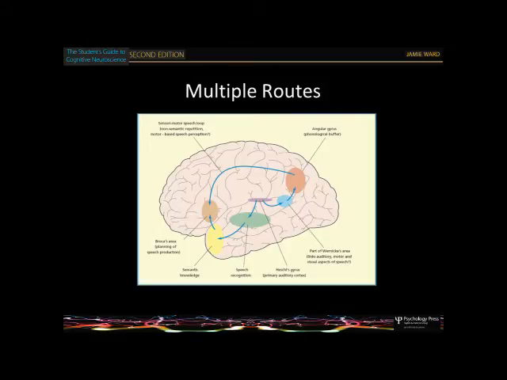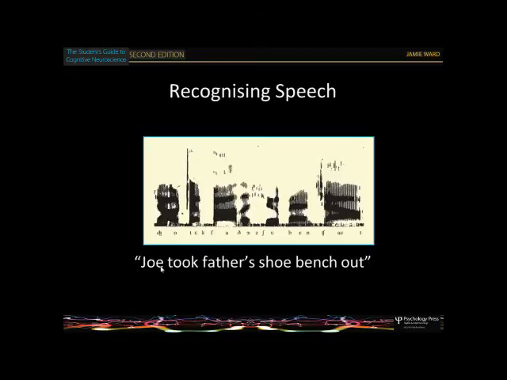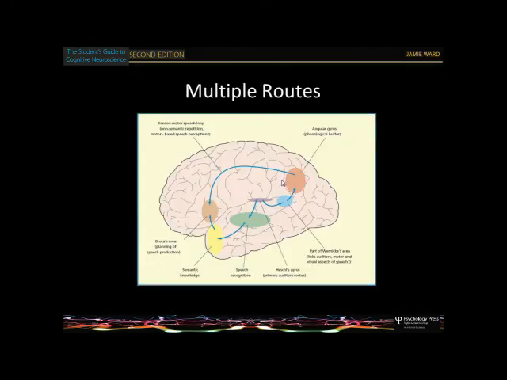So some people argue that there's a motor theory of speech perception, that one way of segmenting this into different words is that you map it onto your motor system for saying the word Joe, the motor system for Tut, and that this gives you those units. In effect, one way of parsing it is to do that. Obviously, that doesn't tell you what the meaning of the utterance is. It just gives you clues how to segment the signal, how to repeat the signal back, and so on. So the idea is you've got this bifurcation of routes there, but with this characterised more as how than where in the domain of speech.